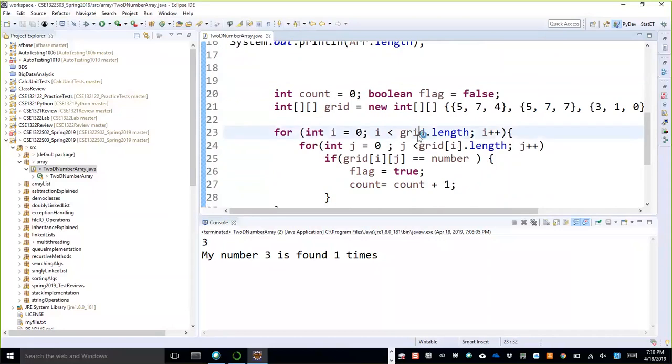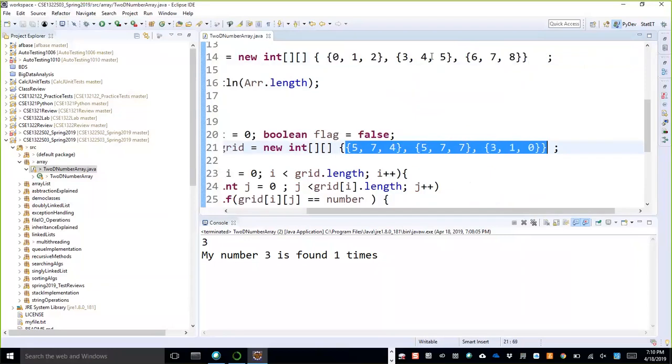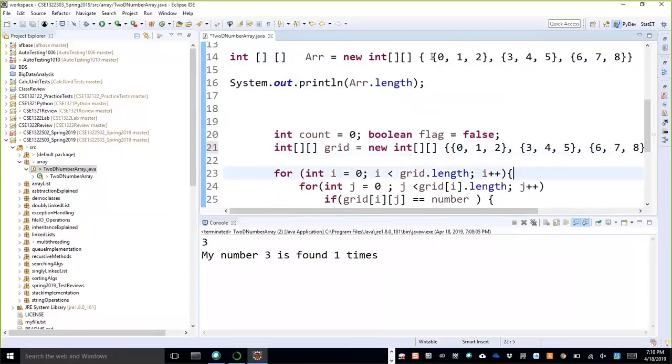So for instance, here I declare my array as grid. Let me get Michael's code, Michael's data over here. Okay, Michael's data is here.